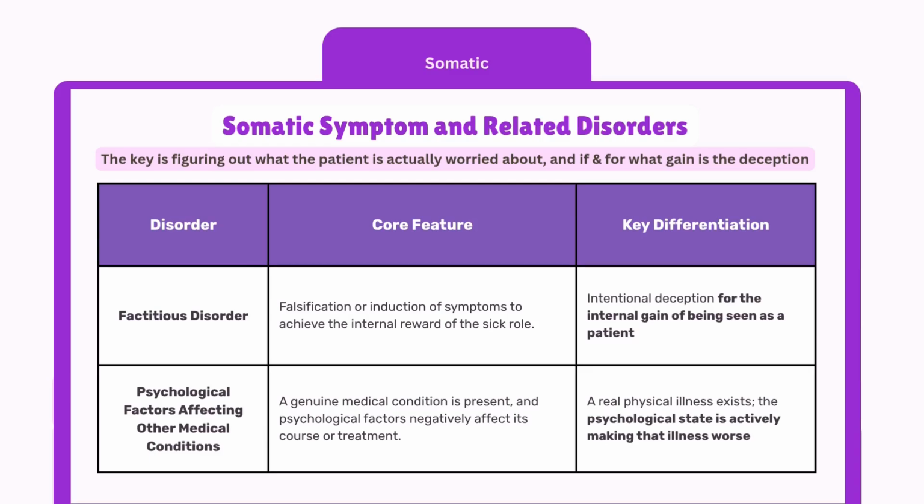The core feature of this is that a genuine medical condition is present, and psychological or behavioral factors negatively affect its course or treatment. For example, a college student with severe asthma experiences frequent, severe attacks because their anxiety causes them to avoid using their prescribed inhaler. And so the key here is the presence of a verifiable, separate medical illness like diabetes, asthma,